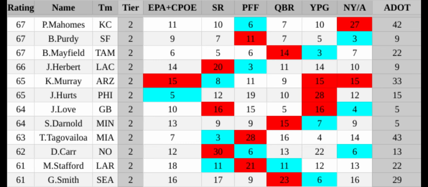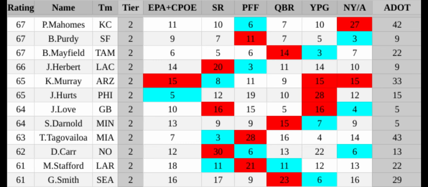Carr is, in my opinion, this is so funny, I think he's the most underrated quarterback for this season, but this season alone. A couple years ago, I heard everybody and their mom saying, "Oh, Derek Carr's the most underrated quarterback in the league. He's so underrated." It's like, well, if everybody's saying it, how is that the case? And then he followed it up with a stinker year, and then this year legitimately has one of his best years of his career. I'm not gonna say it's better than the year he was in MVP contention, but he was really good this year.